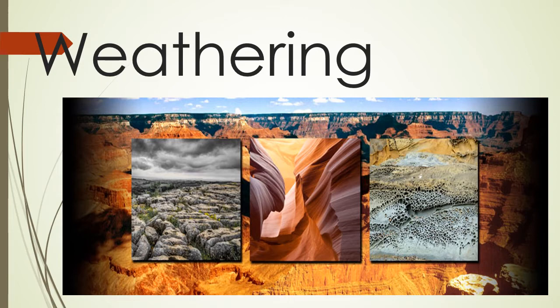When a particular rock is exposed to different climatic conditions and different temperatures, the effect of that temperature takes an immense role on the rocks of that region. In this figure you can see three images, and all the rocks have different types of textures. These textures are gained with the help of weathering. We will study the weathering definition first, and also the difference between erosion and weathering.